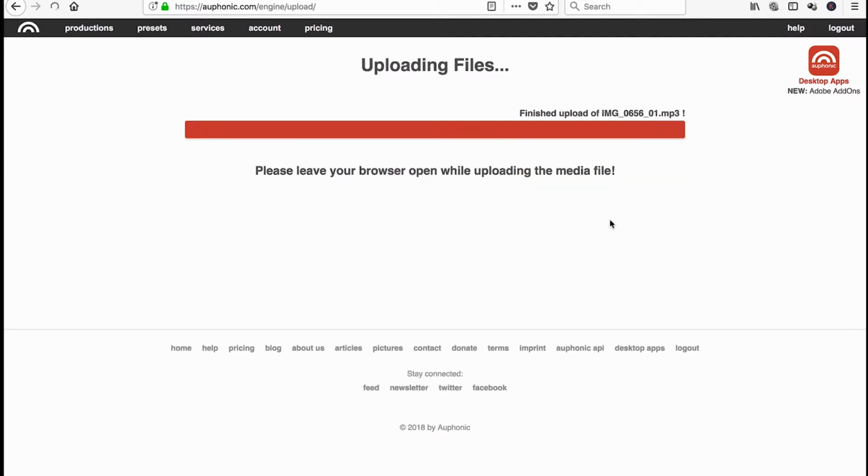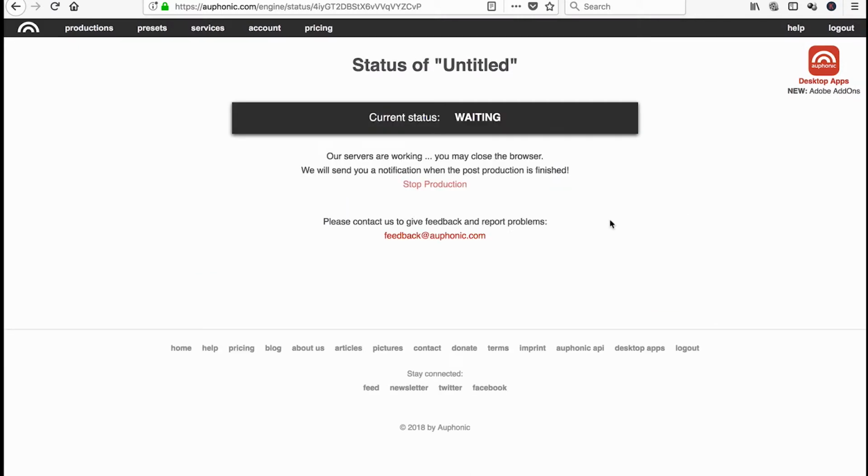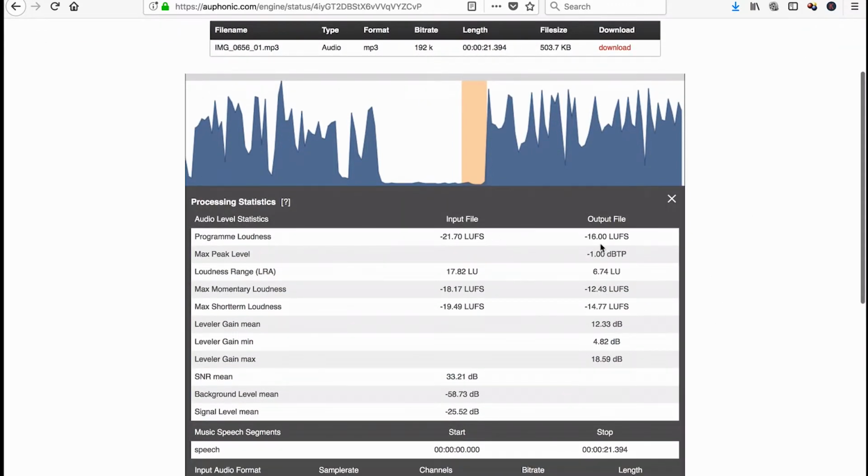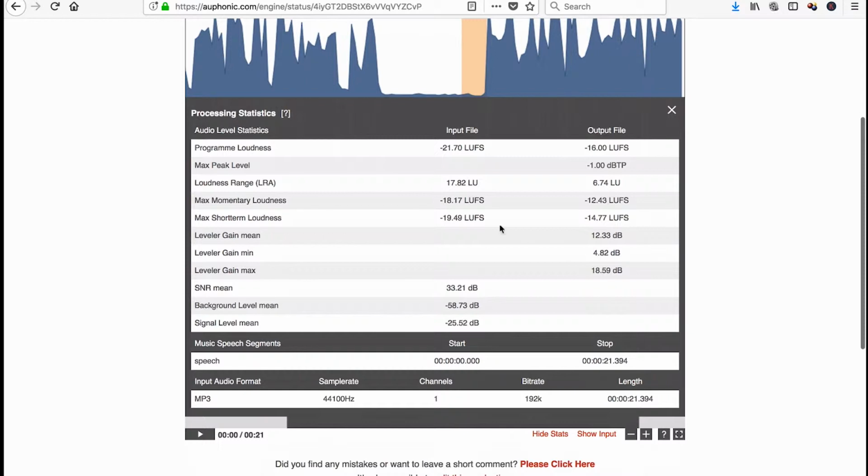It's going to upload, and we're just going to give it a second here. This shouldn't actually take too long. Like I said, these are 20-second videos, or MP3 files. Okay, so it's finished doing its audio processing. I can obviously download the file now, and I can show you the stats here. The input, the output. It's cleaned up a lot of the